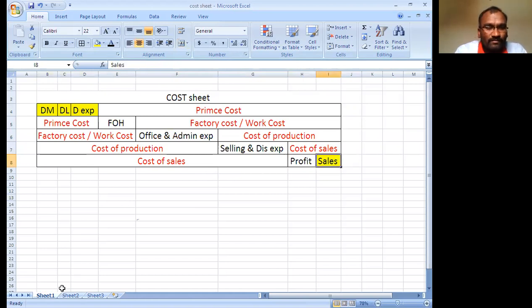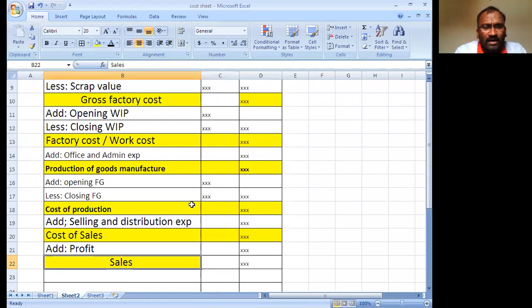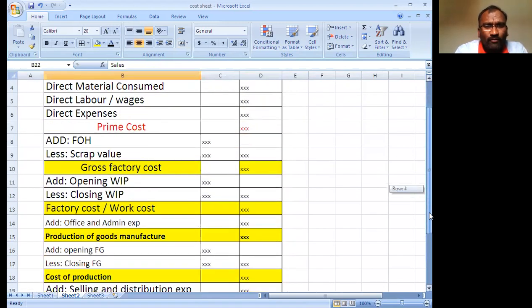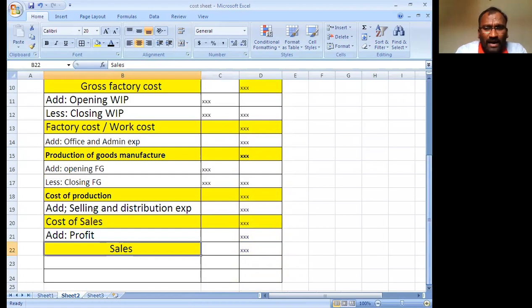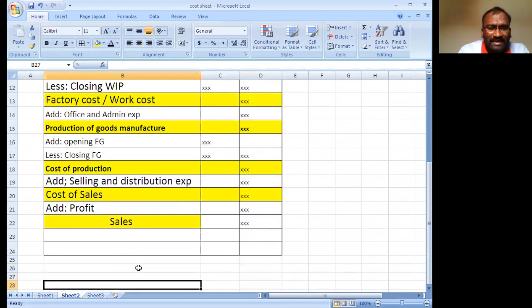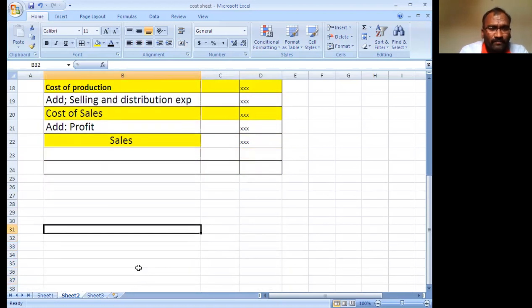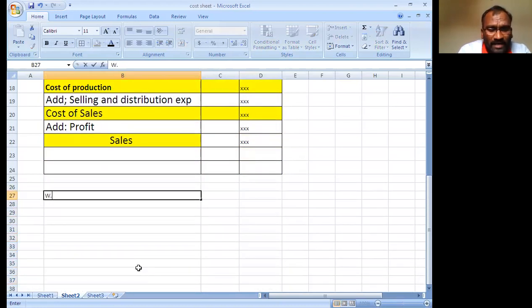In the cost sheet, for direct material consumed, one more working note is required, so you maintain that working note. I will explain here how to calculate it. Working note number 1, direct material consumed.